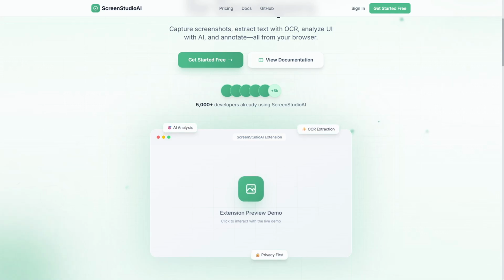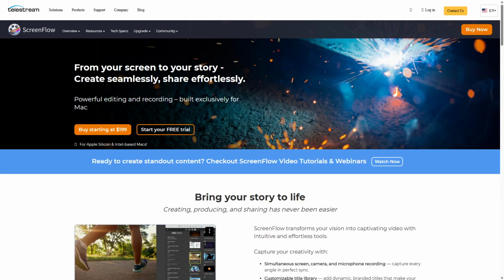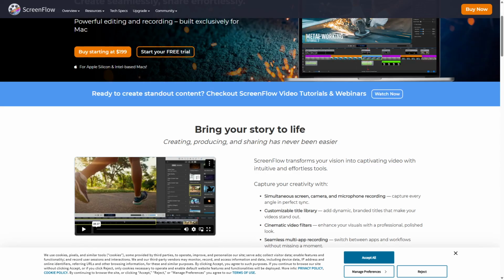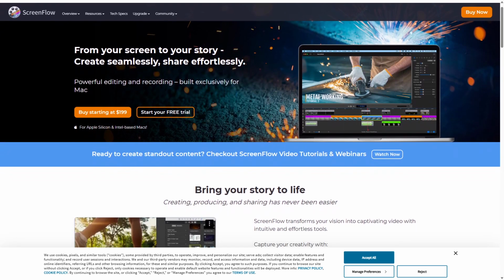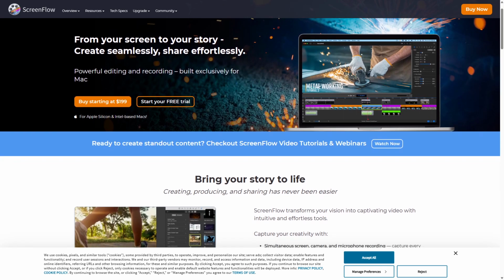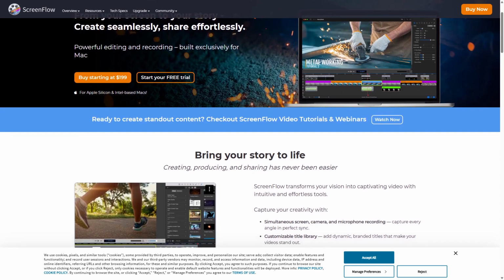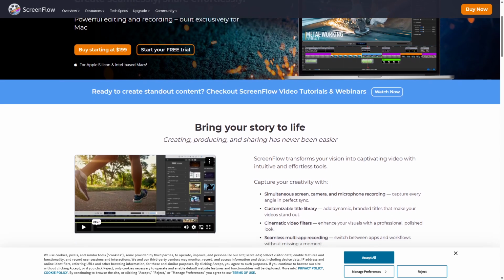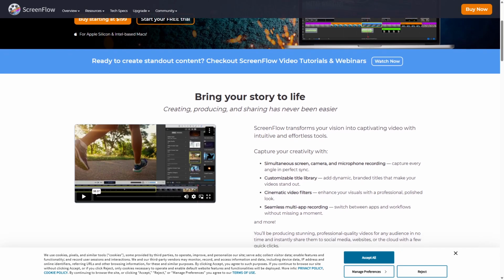ScreenFlow is a professional-grade screen recording and video editing software tailored for Mac users. It captures high-quality screen footage, webcam input, and audio, while providing a powerful built-in editor. This editor allows users to trim clips, add transitions, annotations, and apply advanced effects, making it ideal for polished tutorials, marketing videos, and presentations. ScreenFlow operates by recording in high resolution and then offering a timeline-based editing environment to refine